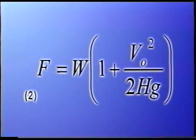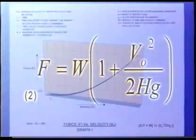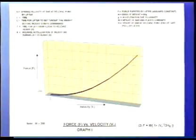From equation number 1, we have equation number 2. And equation number 2 is defined as F equals W times the quantity 1 plus V sub O squared divided by 2 capital H little g, close the parentheses. If we assume a W of 200 and an H of 3, graph 1 expresses the relationship between F